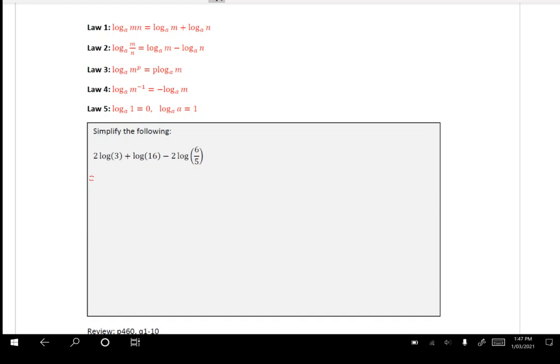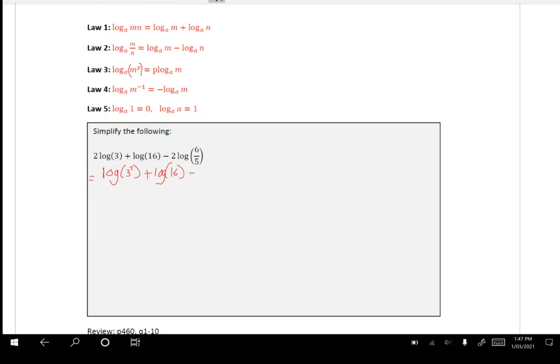So that becomes log 3 squared plus... Yeah, that is a little bit confusing with that. It does go inside. Log 16